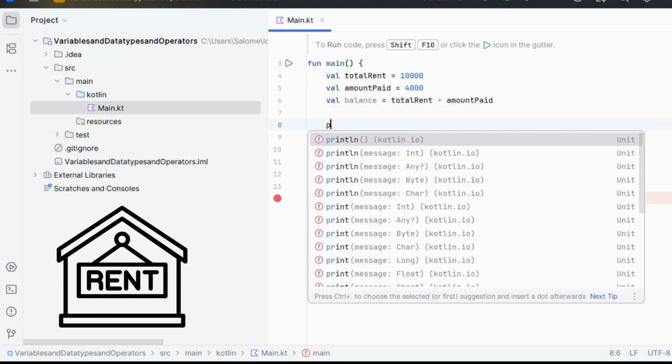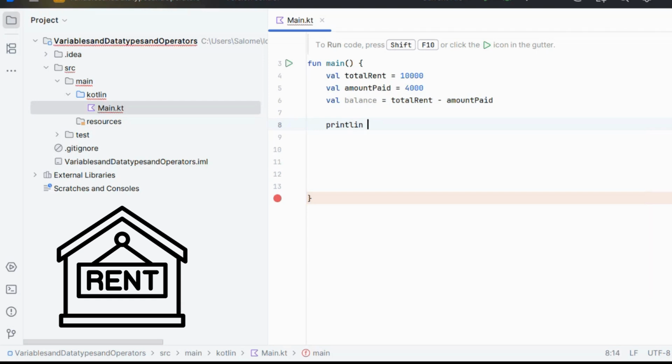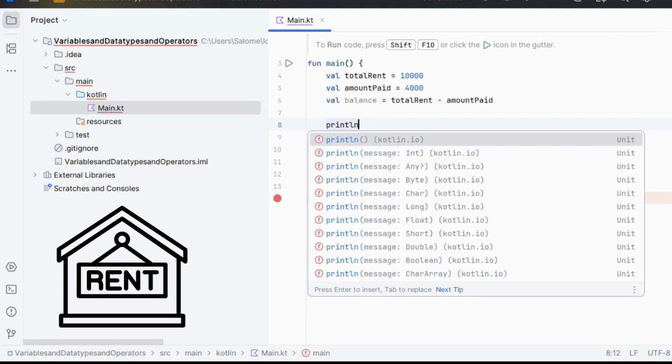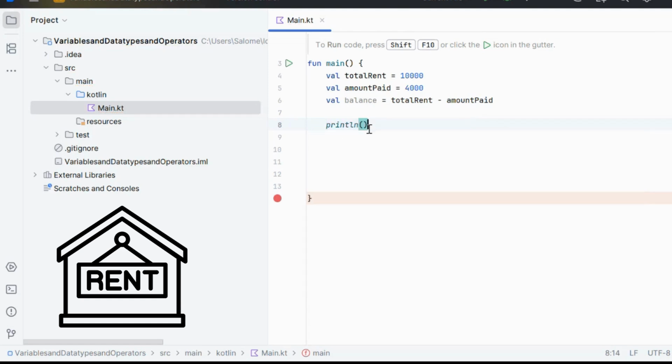So you can have that. And then we can bring out the idea of print line. You remember when we were doing the hello world, we did something on print line and I explained what it is. So print line and write remaining rent balance is, and then we will learn about